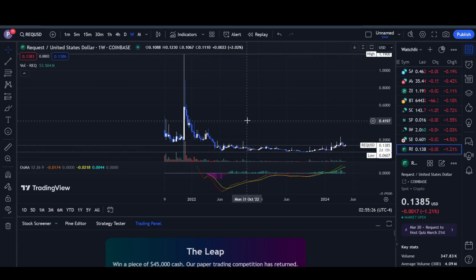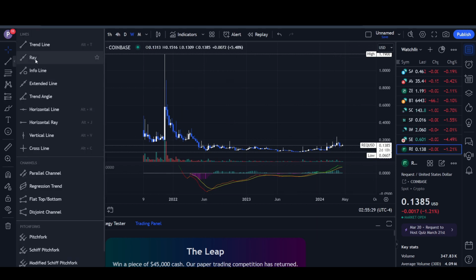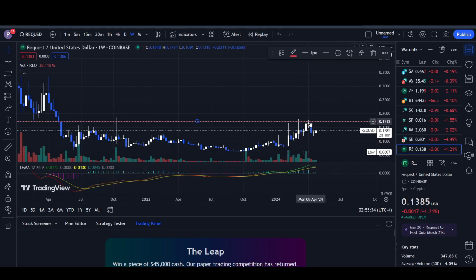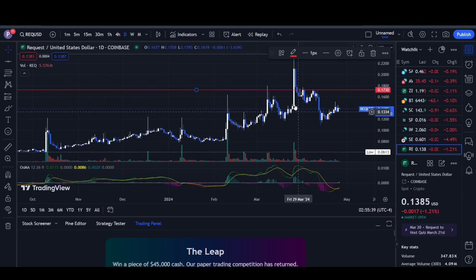But if you look at its price as of now, I think it has actually been rejected from the major resistance. If you look here, unfortunately it did not break this resistance. It did go up in the weekly chart, but it did not hold the resistance. If it had held this in the daily chart, we could have gone up, but as you can see, it rejected hard and retested from this point here, but unfortunately it was not enough. It broke this resistance, but in the daily chart it did not hold. Again it retested around here. Same thing happened here.